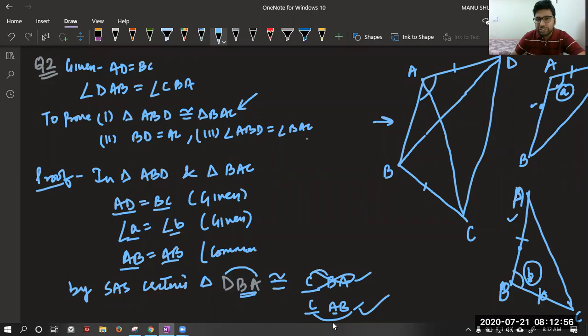Tanmay, please check. It is CAB. If you take CBA, the issue is this one. If I check, AD should be equal to BC, but in my case, AD is first and third. Here BC is first and second. That is why this name is wrong, and this name is correct. Okay, Tanmay, is it okay now? Writing the correct name is very important. Then only you can use the property corresponding parts of congruent triangles easily.